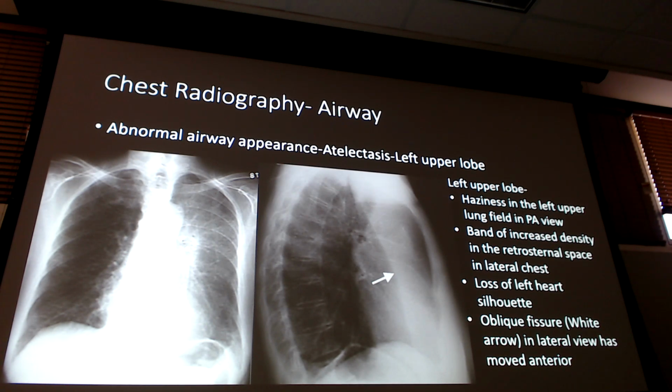So I have a small leftward shift in my mediastinal structures, right here. Notice my right lung is way more dark because I'm having some collapse here, so it's looking more dark compared to the other side. But really the biggest thing is this is a left upper lobe atelectasis because here's my fissure, and the left upper lobe has collapsed on itself,